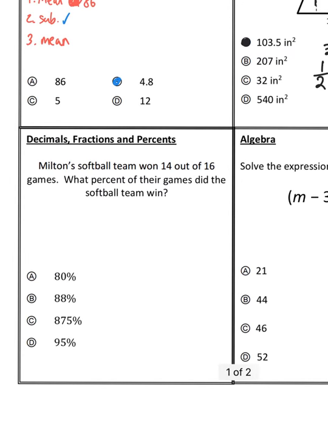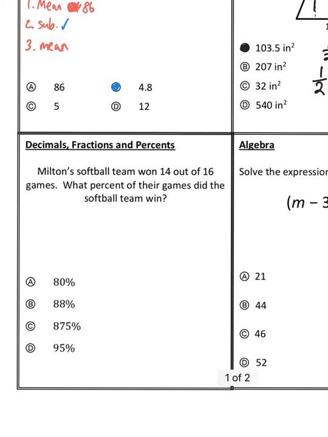Milton softball team won 14 out of 16 games. What percent of their games did the softball team win? So 14 out of 16 is a fraction. So I'm going to write that as a fraction. Now, to figure out the percent, I'm going to start by dividing that. Remember, you divide 14 divided by 16. And if I do that, I get the decimal